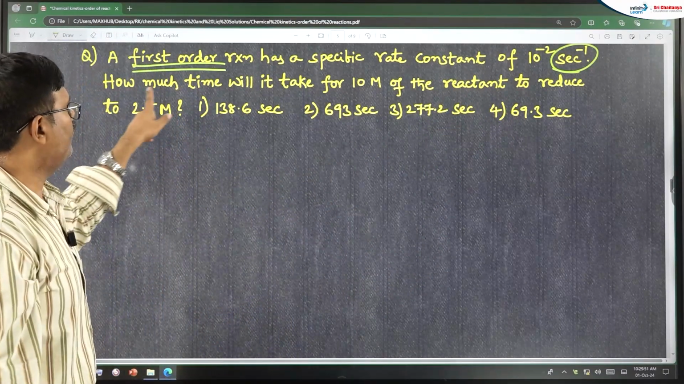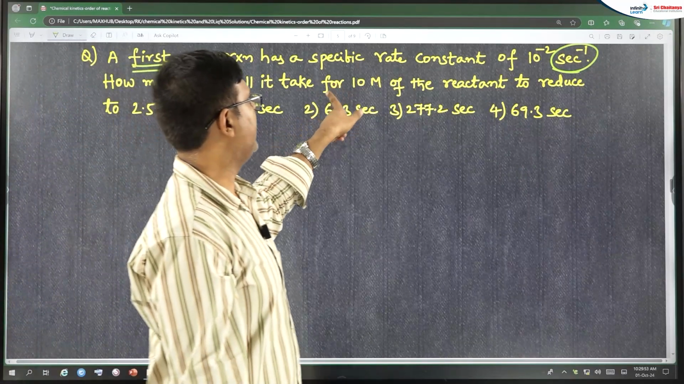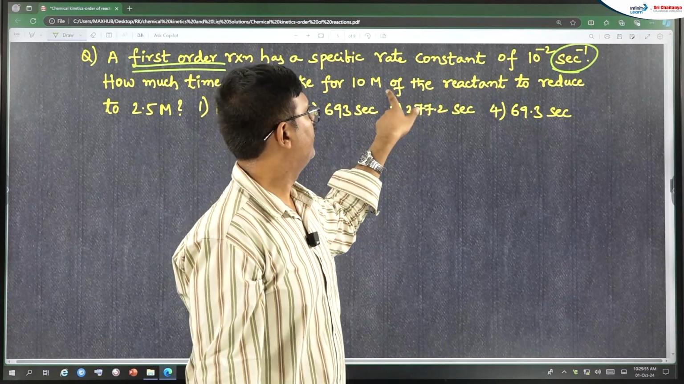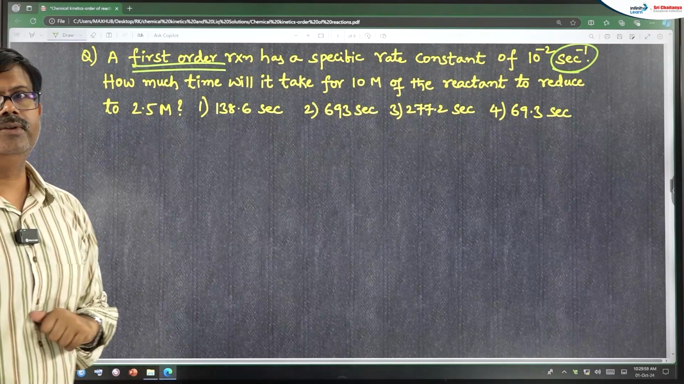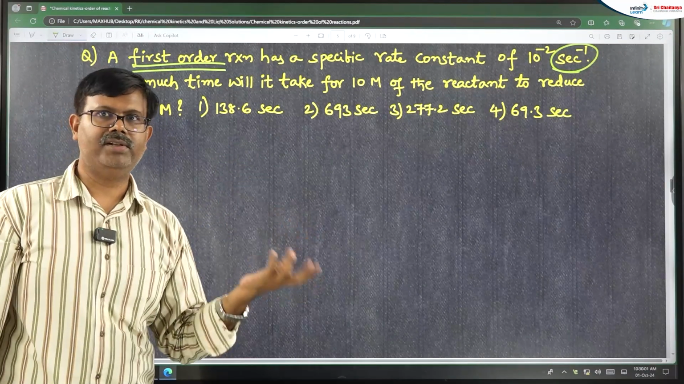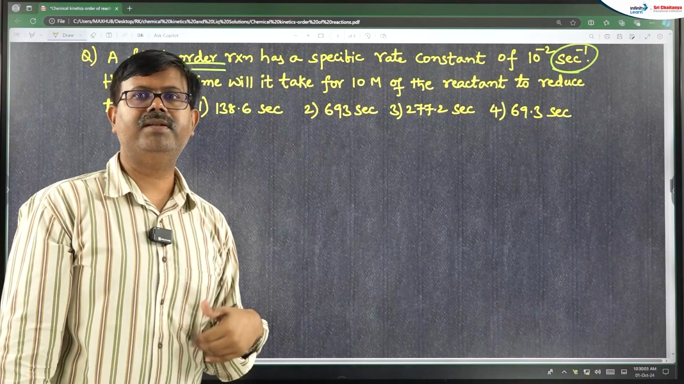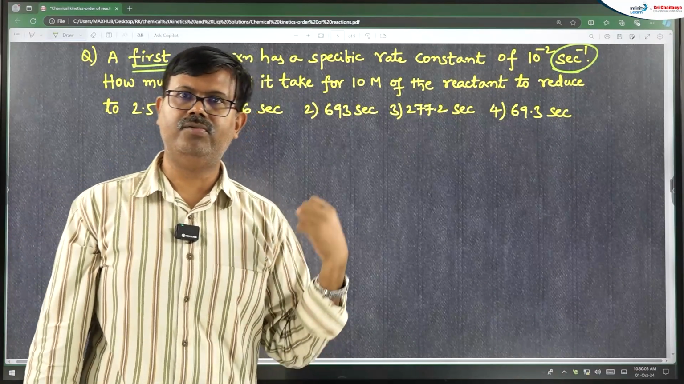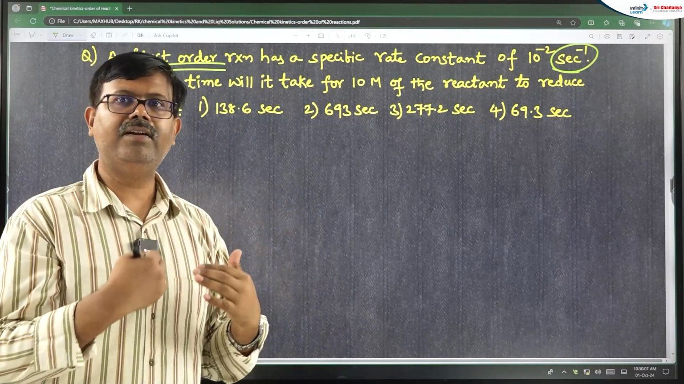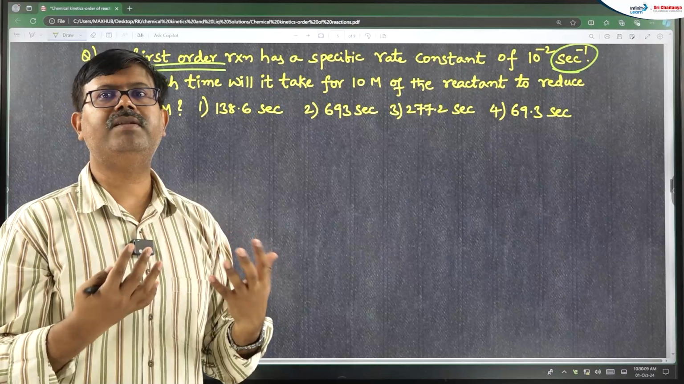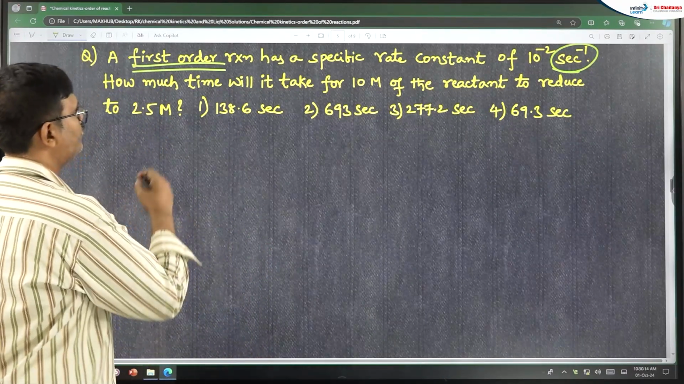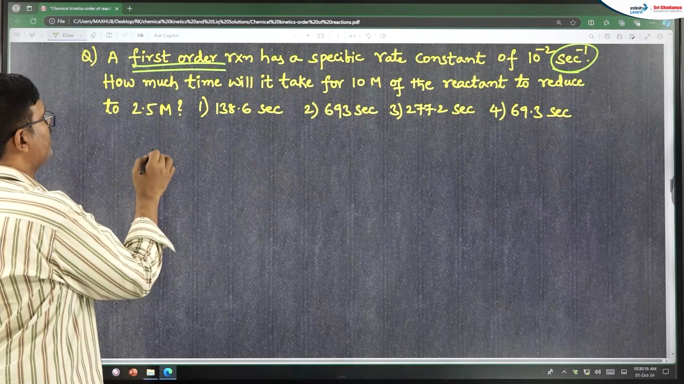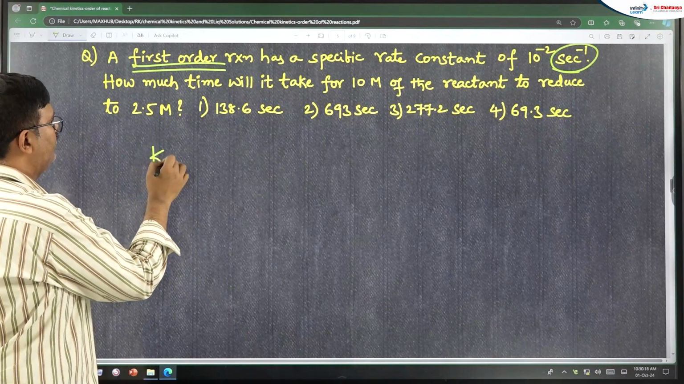How much time will it take for 10 molarity of the reactant to reduce to 2.5? 10 molarity original, finally how much is there? Reduced to how much? 2.5. For that to happen, how much time will it take? So, let's first write the formula. K